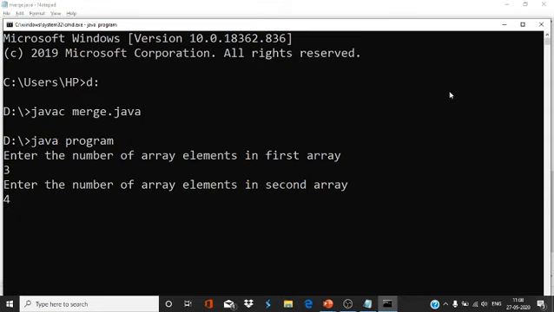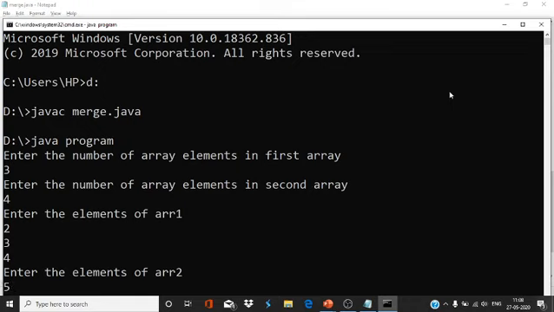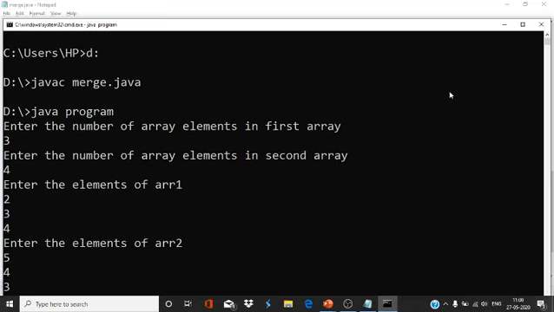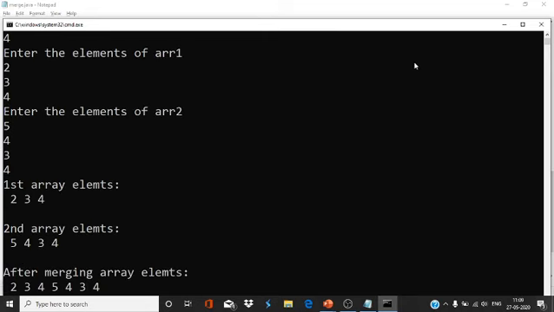Enter 3, 4, then 2, 3, 4, and 5, 4, 3, 4, or any values you can enter. See, first array elements 2, 3, 4, second array elements 5, 4, 3, 4, and after merging, array elements are 2, 3, 4, 5, 4, 3, 4.